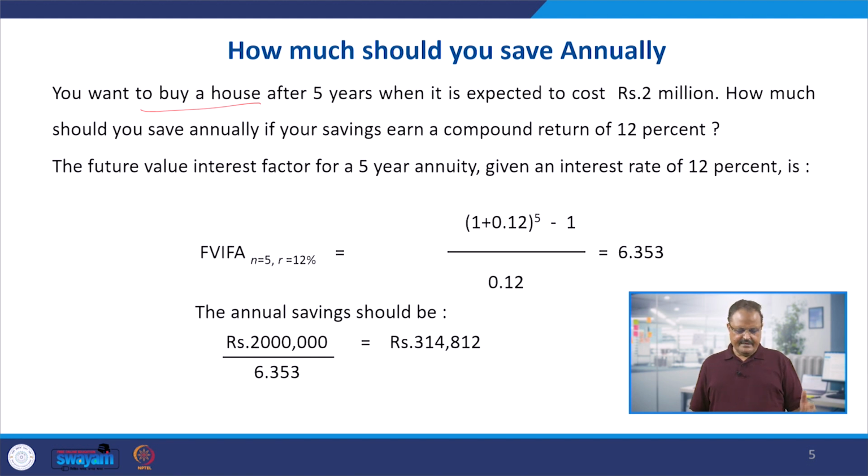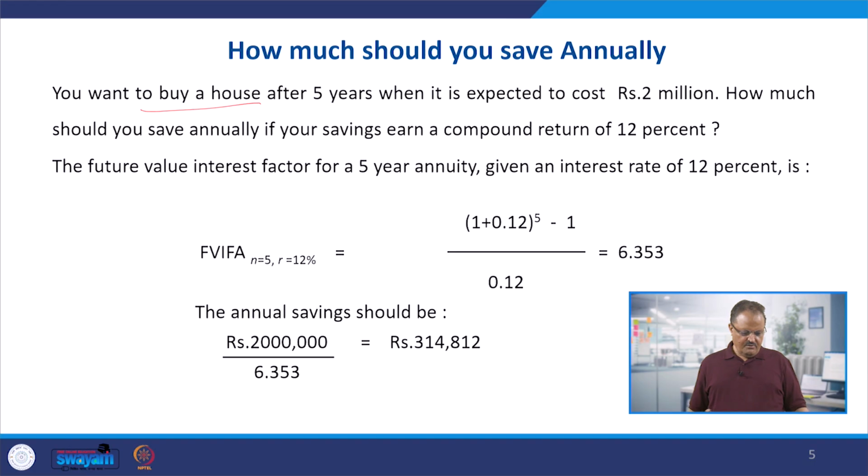So you can easily get the answer to your question: how much should I save annually from all my sources, so that I can get the required sum of money which I can invest into my proposed business, and I can become an entrepreneur. So it can be any purpose. It can be buying a house, which we are taking here. It can be buying a car. It can be buying any other asset, or it can be setting up a business. If you want to set up a business yourself, and you know how much minimum sum of investment would be required, in that sum of investment required, you can easily find out how much you have to save annually,